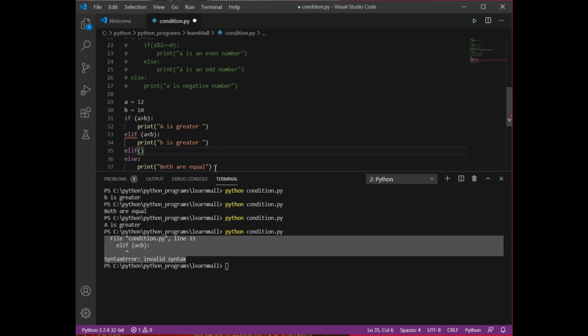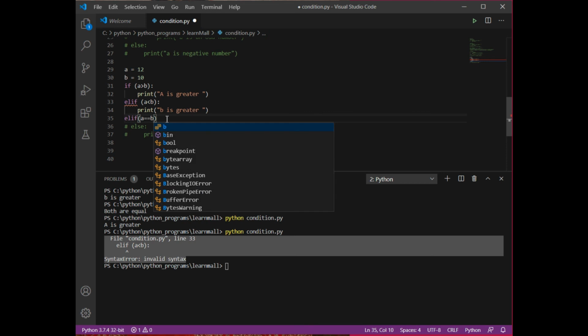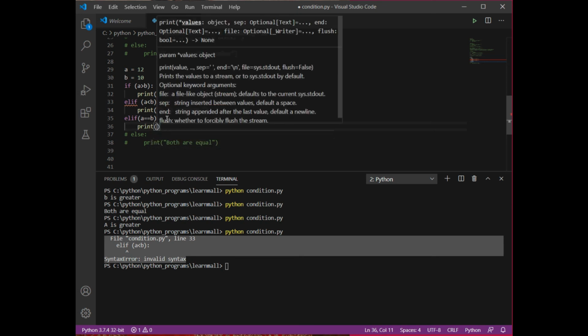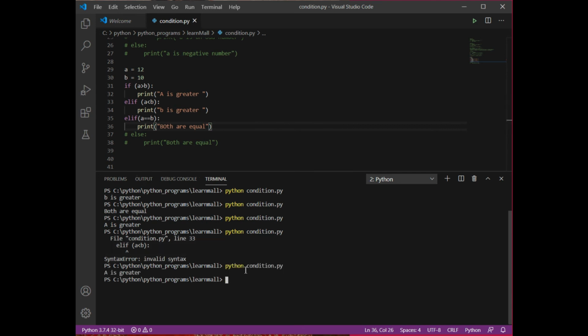You can skip else if you want. Suppose I make this else a comment, it won't create any problem for me. But you cannot put else if without if. Suppose I write down print "both are equal", save this and run it. See, it is giving me "a is greater".